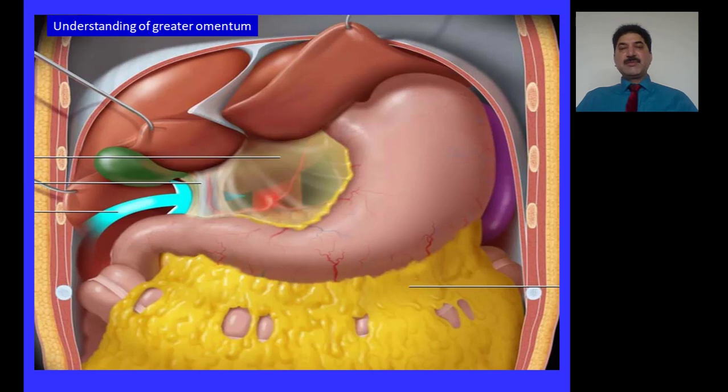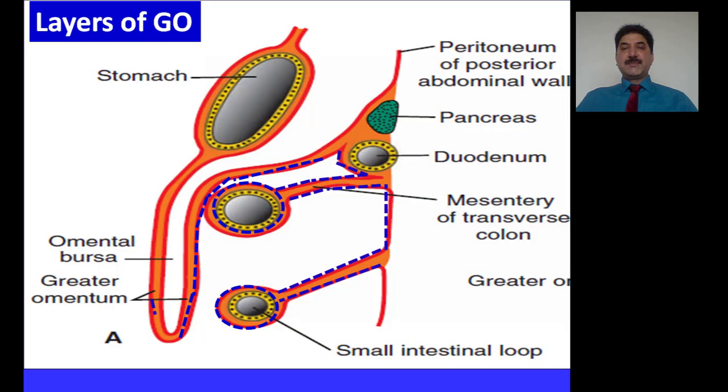To understand the anatomy of the greater omentum, let us start from the lesser omentum. The lesser omentum is a double-layered fold of peritoneum that connects the lesser curvature of the stomach and the first 2 centimeters of the duodenum with the liver. It has two layers. These layers split to enclose the stomach, and from the greater curvature of the stomach, these layers hang down as descending layers of the greater omentum. Layers of the greater omentum are made simple in this diagram.